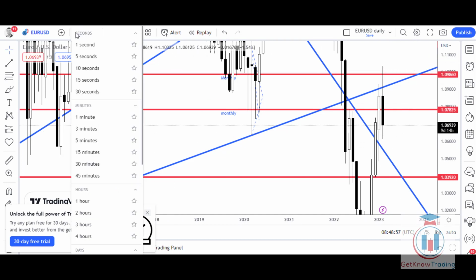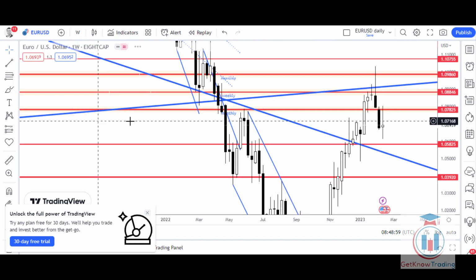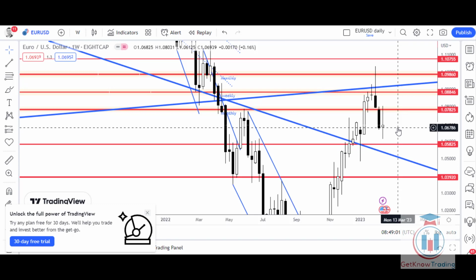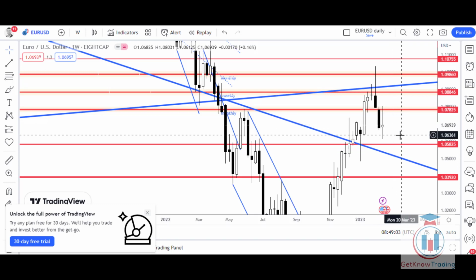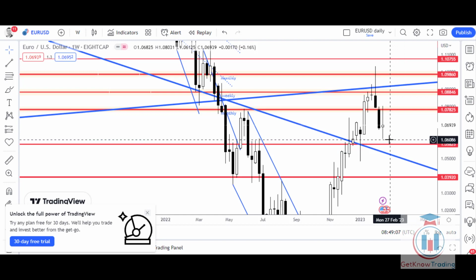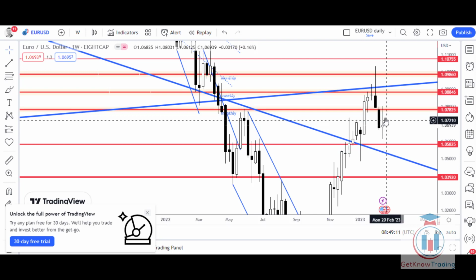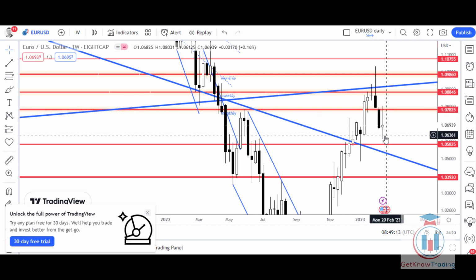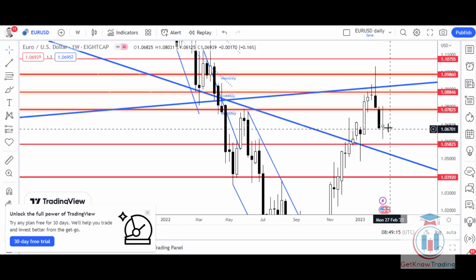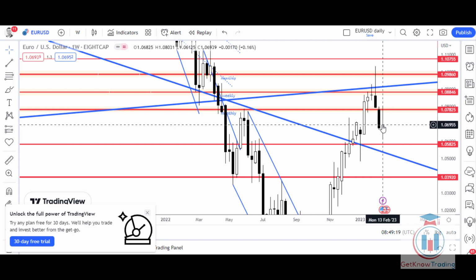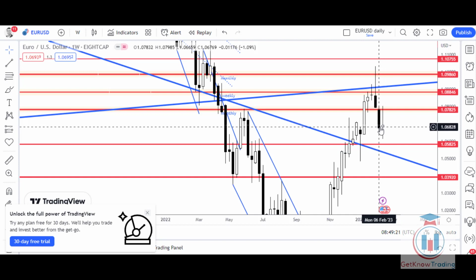If we go to the weekly time frame, we can see that in the following week there is a support for the price below that, where the price could reach this price level. But for the price currently, because the price has tried to reach higher levels and then bounced back down, and we have also here an indecision candle right here in the middle, it will be a good week to wait